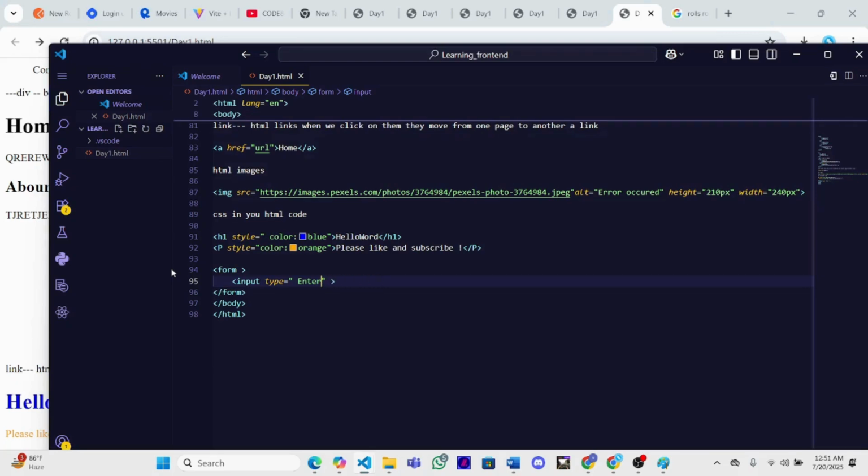Sorry, I just did this in the wrong way. Input type text. Sorry, and placeholder, I would say over here, enter your name. So for this form we have to do three things: input name, your email,